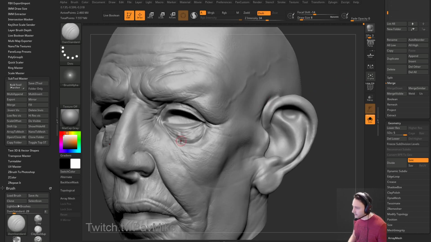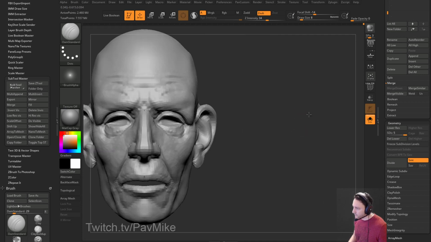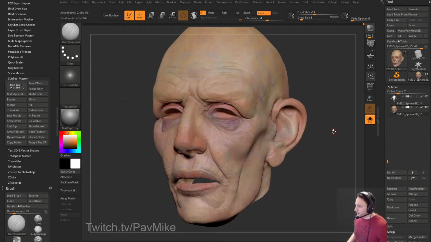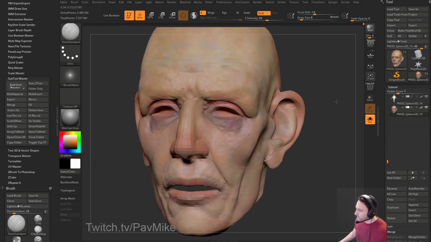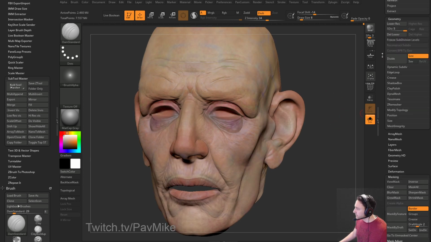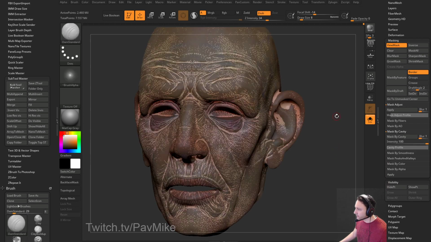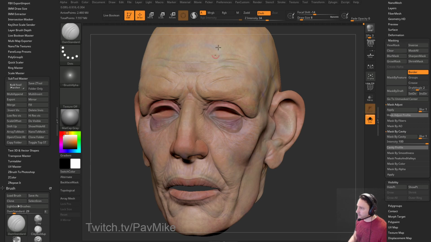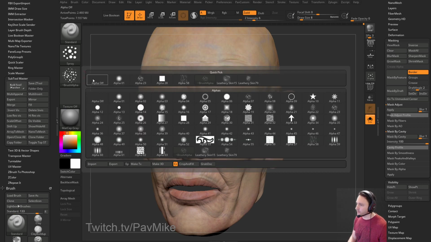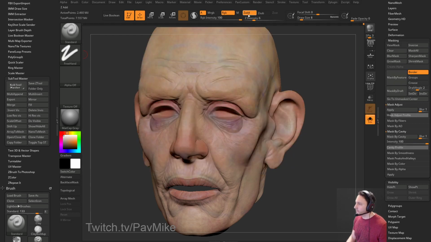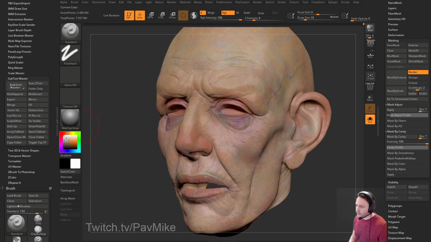Okay, so now going through there, let's turn on our texture. And now this one, we did like to use the cavity mask. So if I go in here to our mask by cavity, and then we invert that, and then we turn off view mask, and then we go in here with our, yeah, I'll stay with our, actually I probably should have left the standard brush alone, since we had the new standard brush we made. Go in here with RGB,